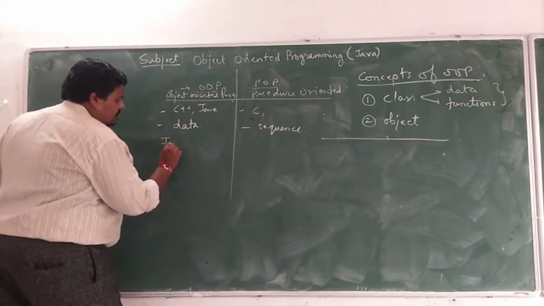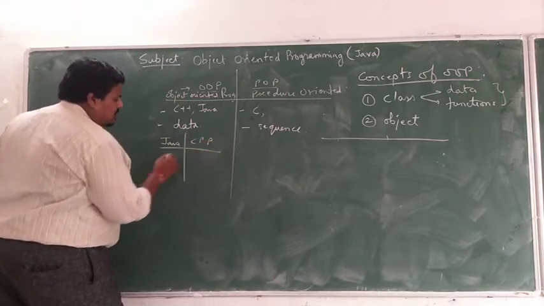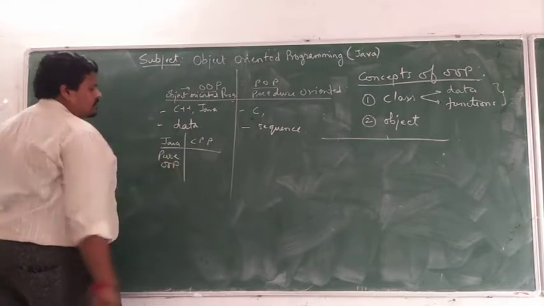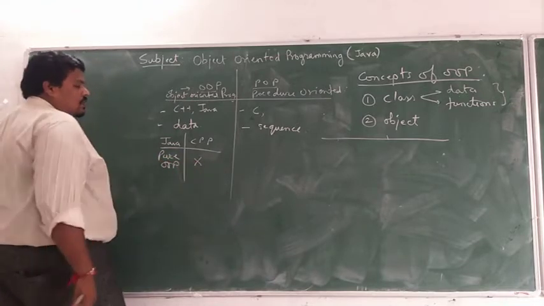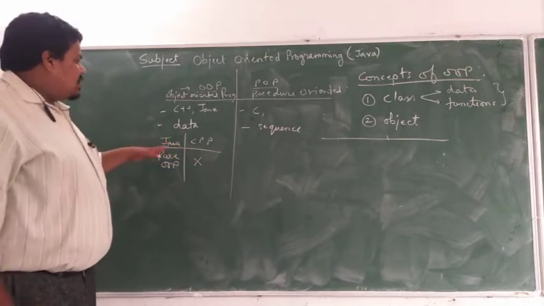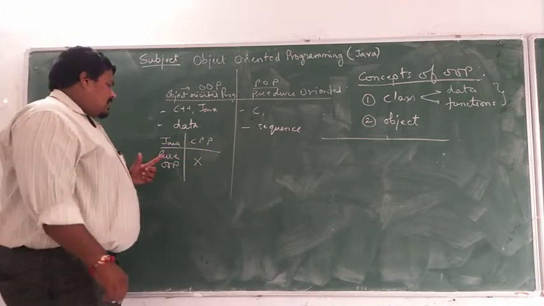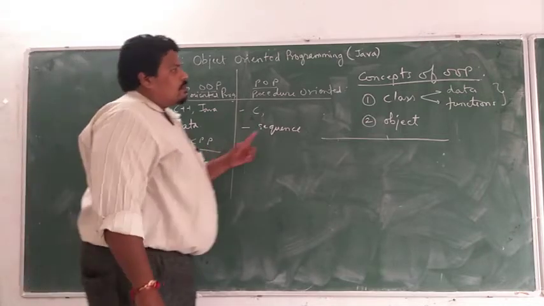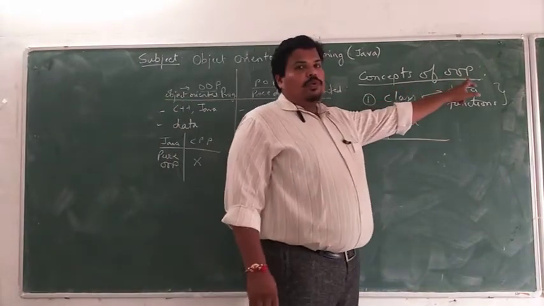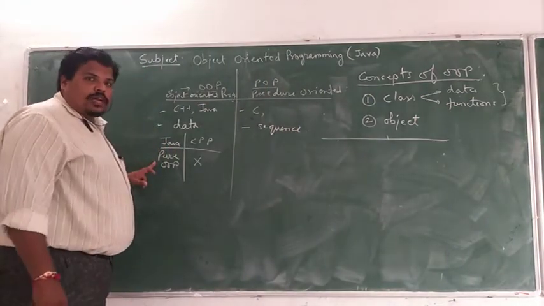We call Java a pure object oriented language, whereas CPP is not. There are some differences we need to learn about CPP regarding that. The main reason is that the concept of class and object, which are the main concepts in object oriented programming, has to be in every Java program.